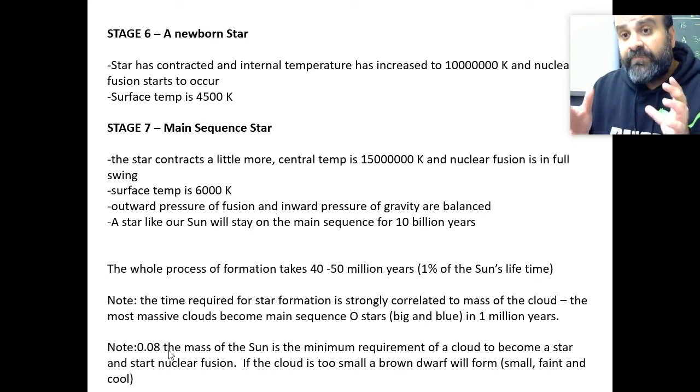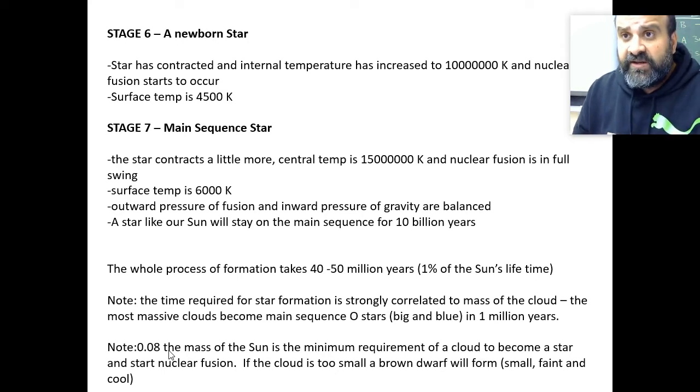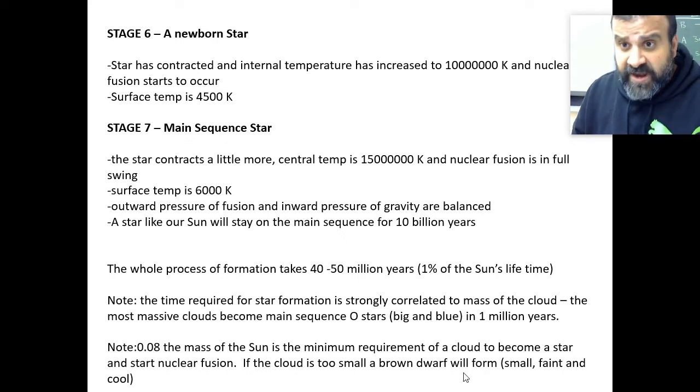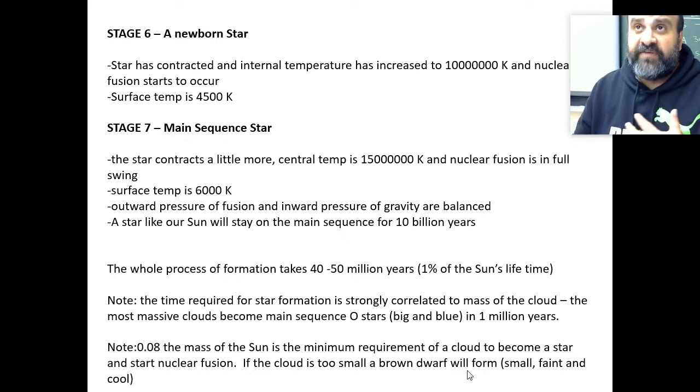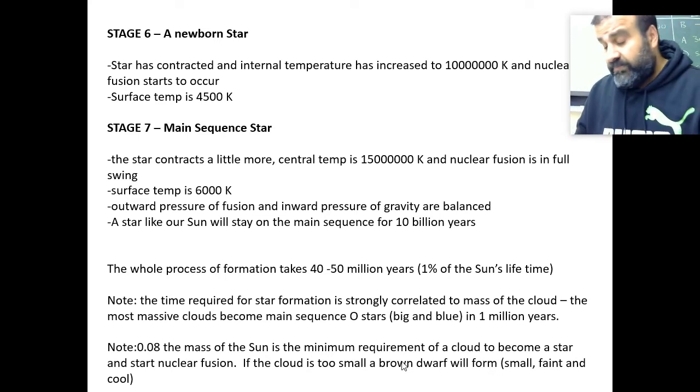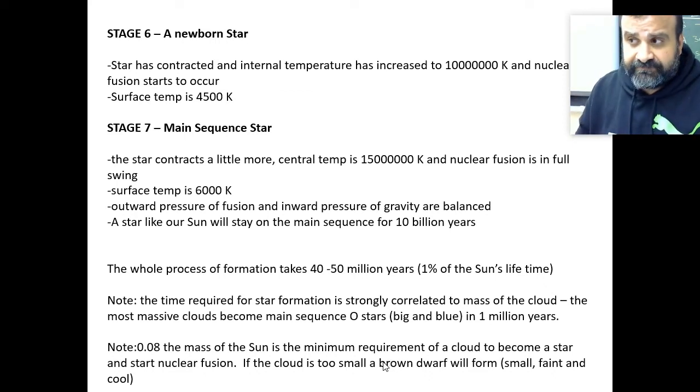It's too small. It can start to collapse and gravity can start to pull it in and it will heat up, but it will never reach the point where it's extremely hot and begins nuclear fusion. It will become what we call a brown dwarf. Actually, I wouldn't even call it a dwarf star. Let's just say a brown dwarf: small, faint, and relatively cool in comparison to other stars. It'll probably be hot enough to evaporate our flesh, but in comparison to other stars, very small, very cool.